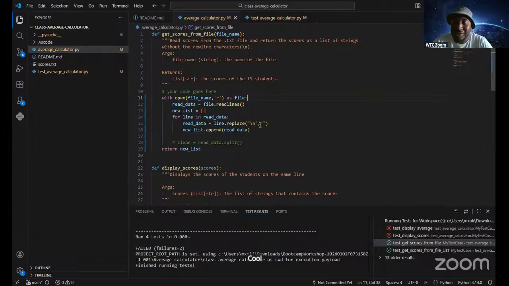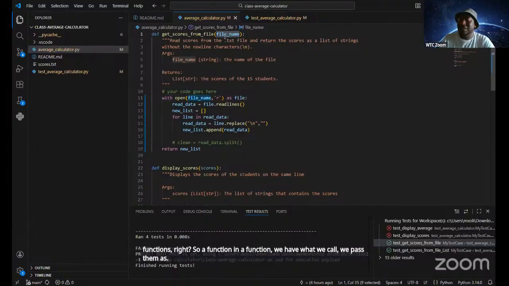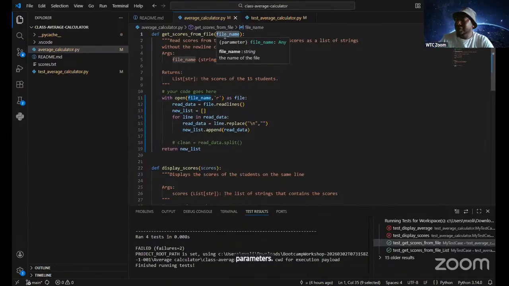That's a very good question. In Python we have something called functions. In a function, we have what we pass as parameters. In this case, our parameter here is the file name.